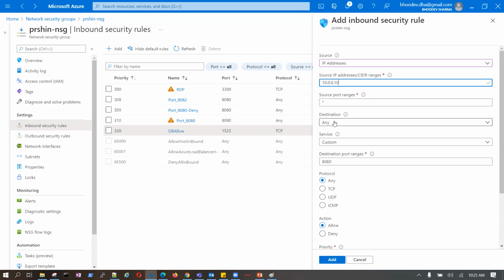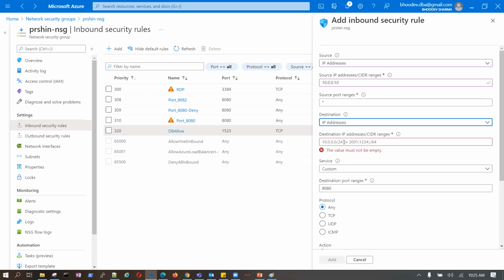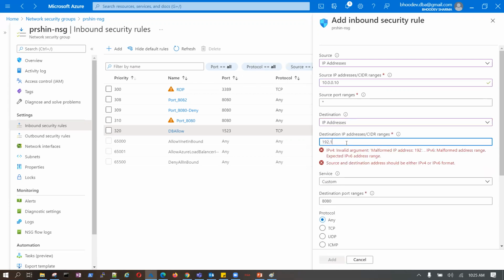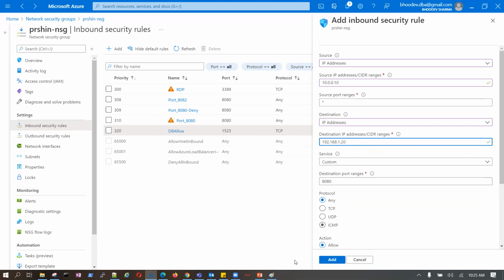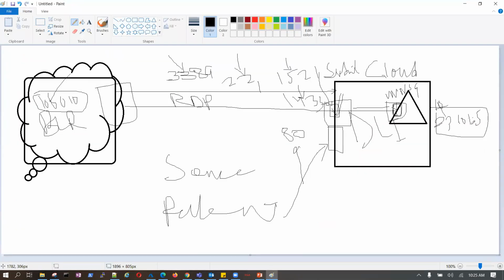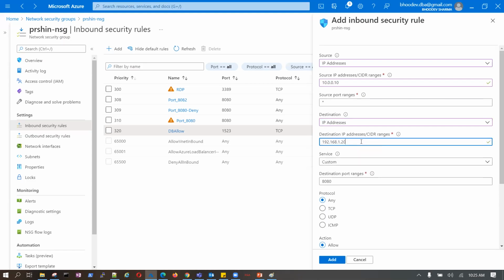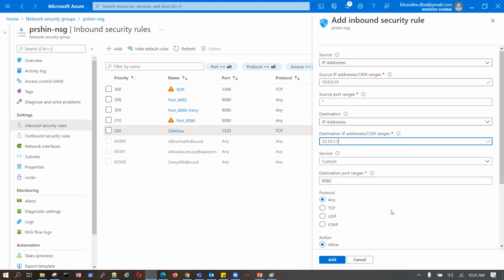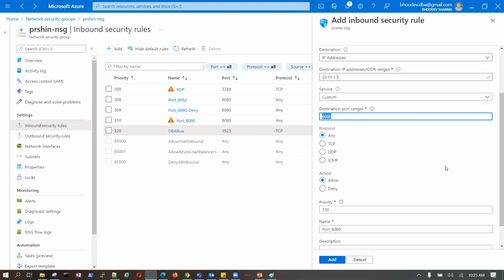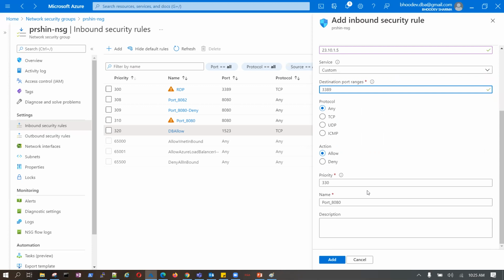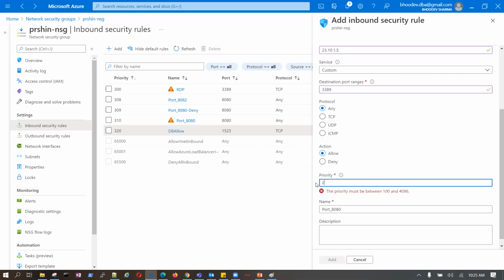What is the destination? The destination IP is 192.168.1.20, or whatever, say 23.10.1.5. What port will it come on? 3389, right? This 3389 is for RDP, the fixed RDP port. And I say, let's say, priority 250.